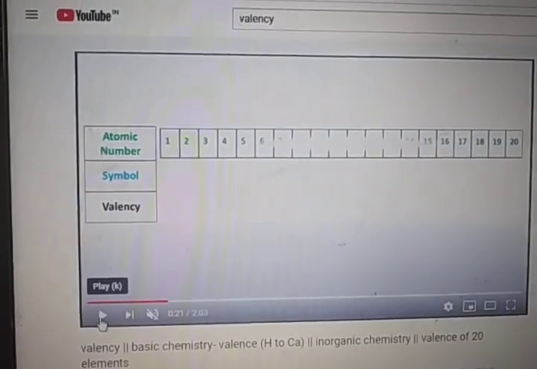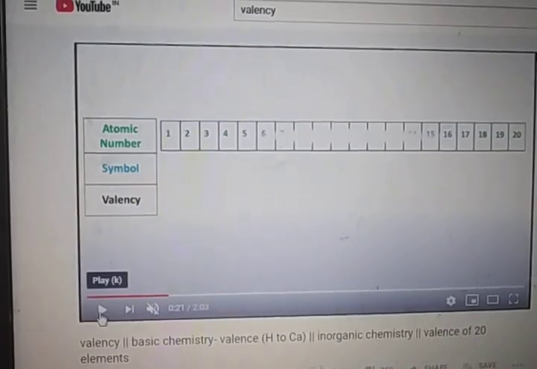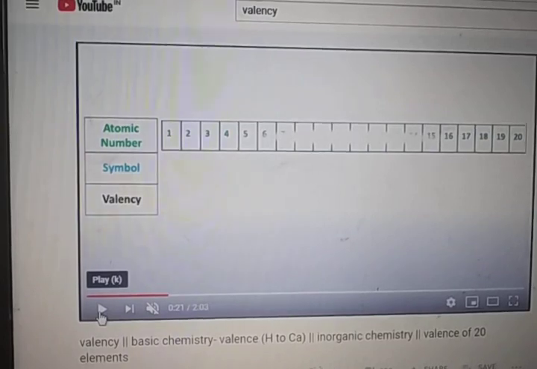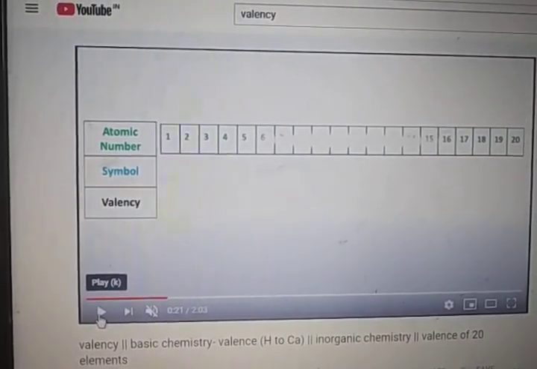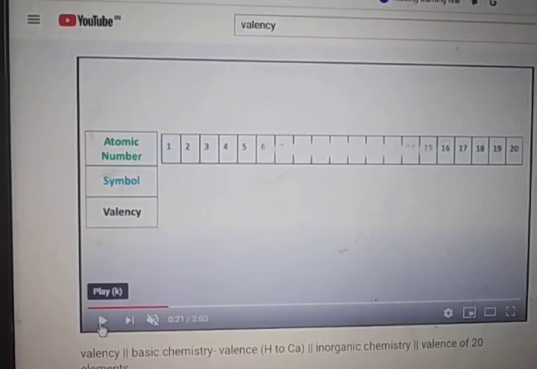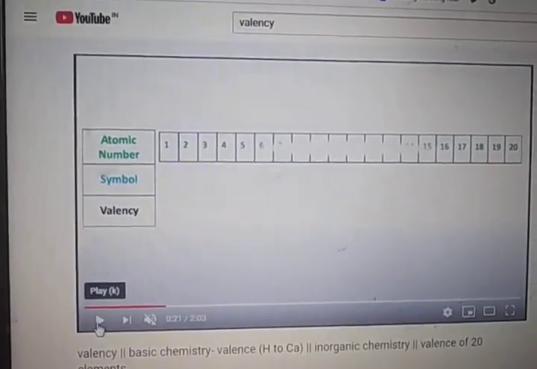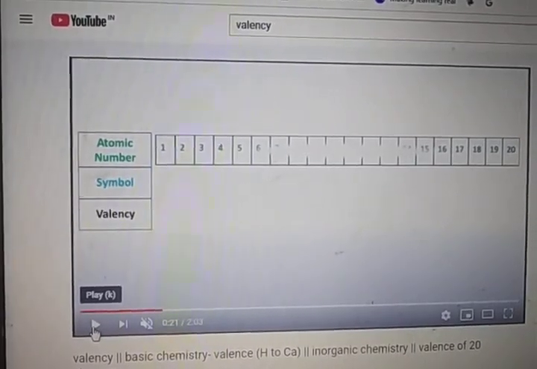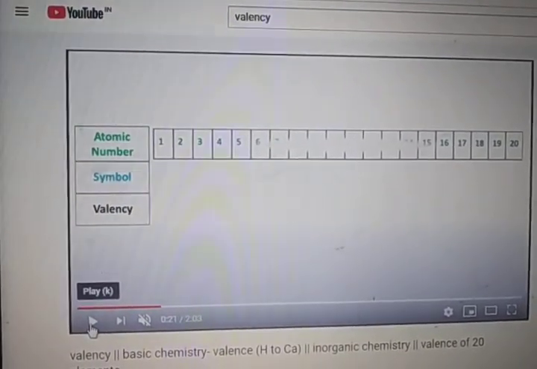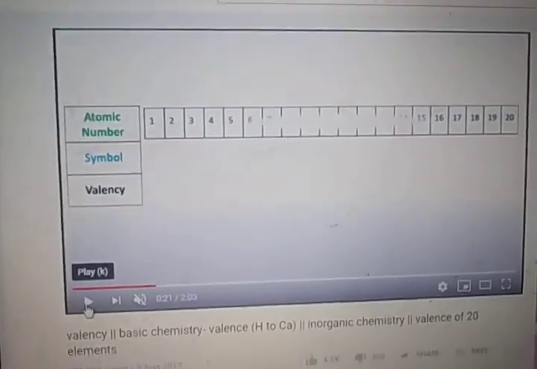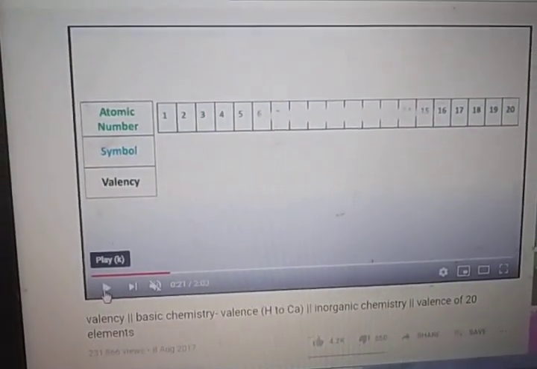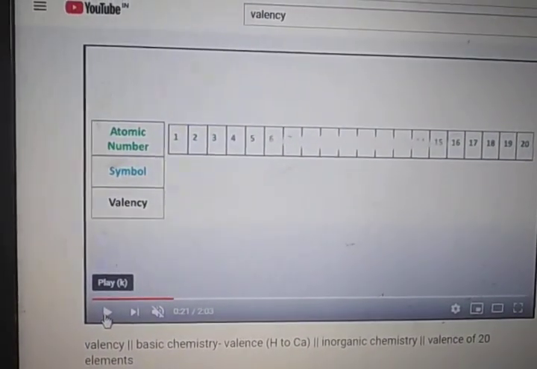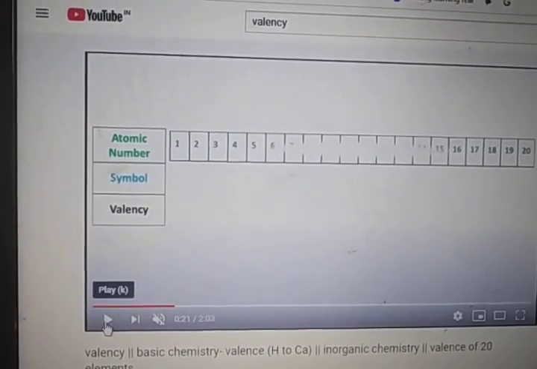For example, we have HCl. In this HCl, since there is one hydrogen, the valency of chlorine is considered as 1. In sulfuric acid, H2SO4, hydrogens are 2. So the valency of the sulfate SO4 radical is 2. Right? So valency is how many atoms are combining. How many hydrogen atoms, to be precise, are combining in a compound.